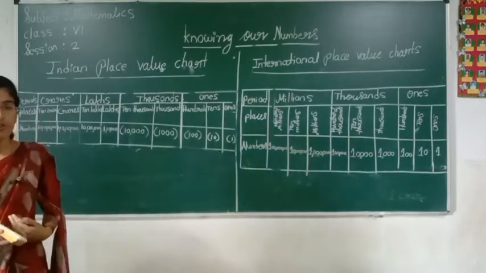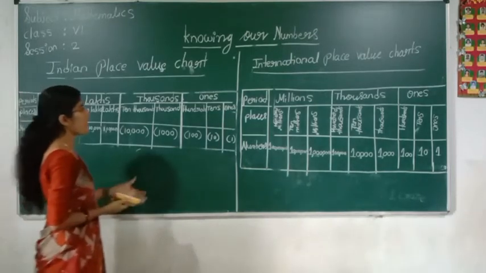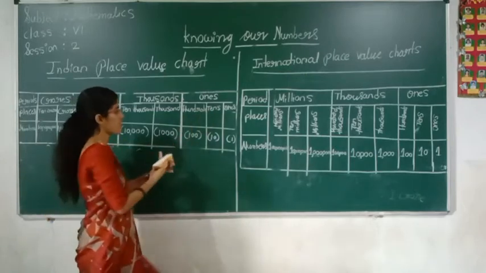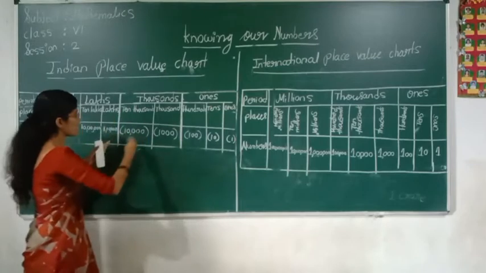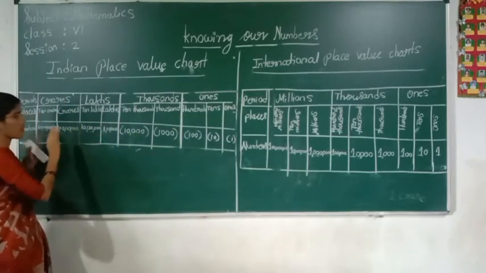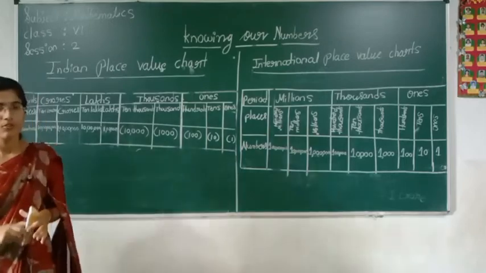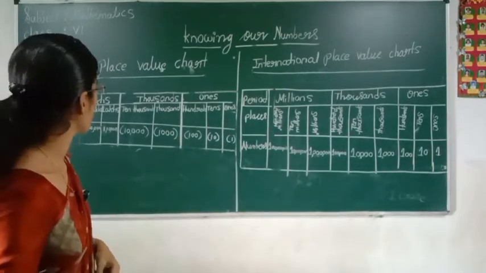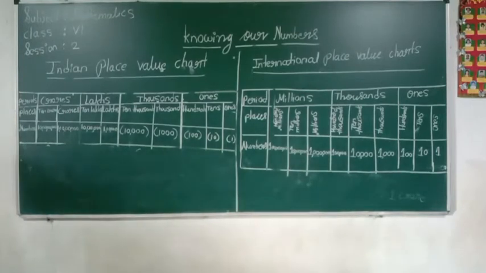So what did I tell, how do you have to give commas? You have to give commas in such a way that after every period, after every house, you can say house also, after this period and after this and after crores. So I will give an example for the Indian place value chart. You can take down those examples.